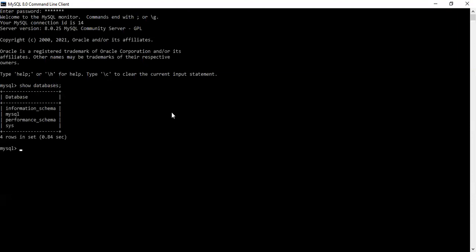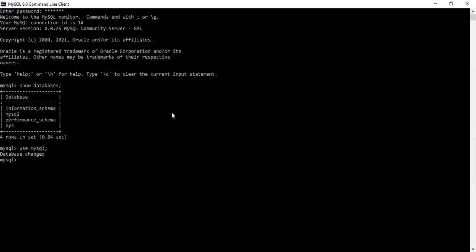In my system, the available databases are information schema, MySQL, performance schema, and so on. With the help of any one database, we will create the table. So now I will use the MySQL database. In that database, I will create my tables. Now we are ready to create the tables.